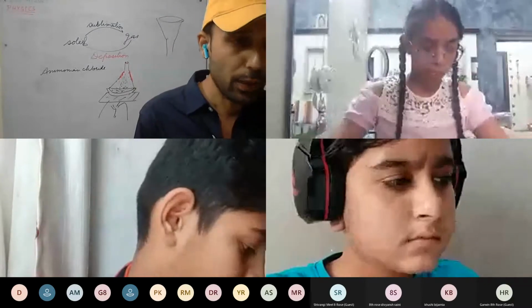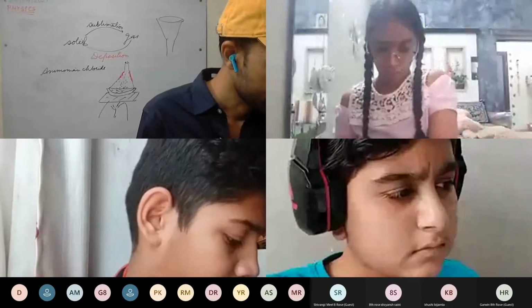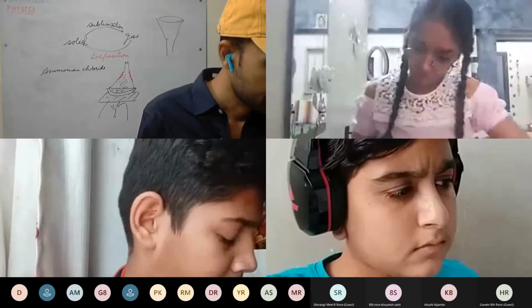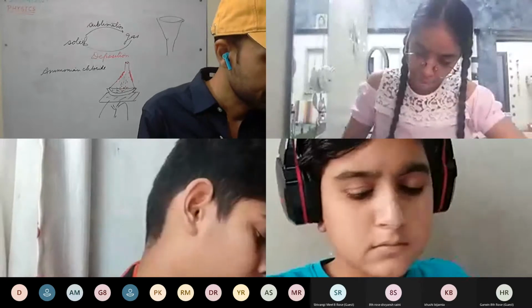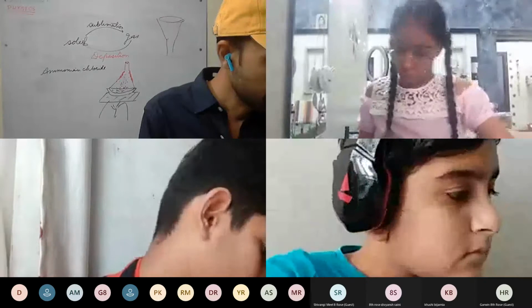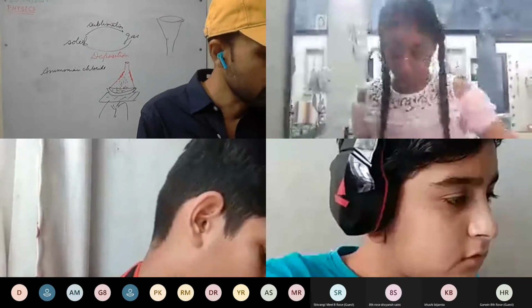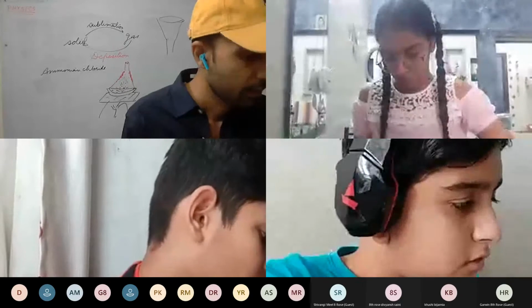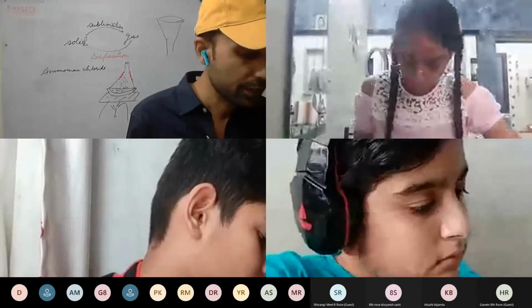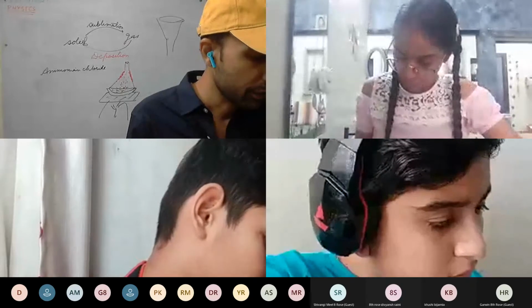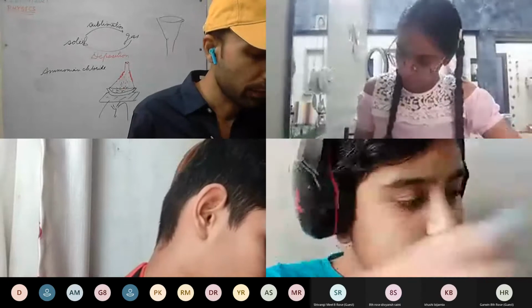Explain the terms boiling and boiling point, that you can do. See here on page number 22, wrapping it up, the 11th point. The process of change from liquid state to gaseous state at a fixed temperature is called vaporization. The fixed temperature where the boiling liquid boils is called the boiling point.